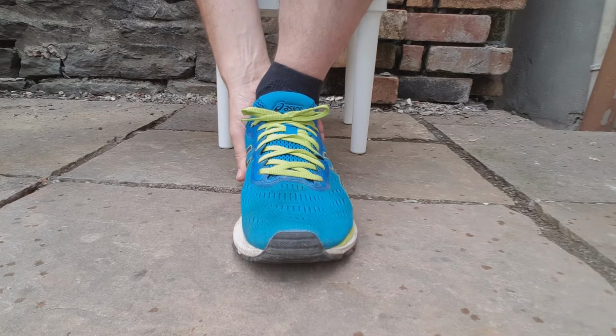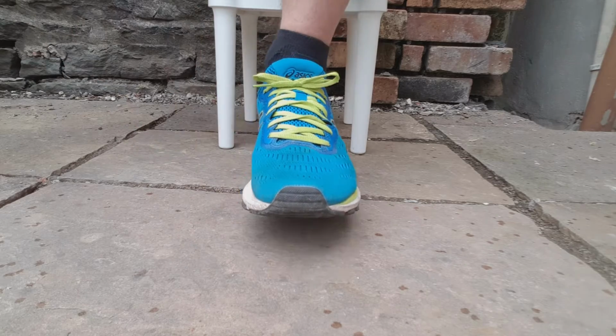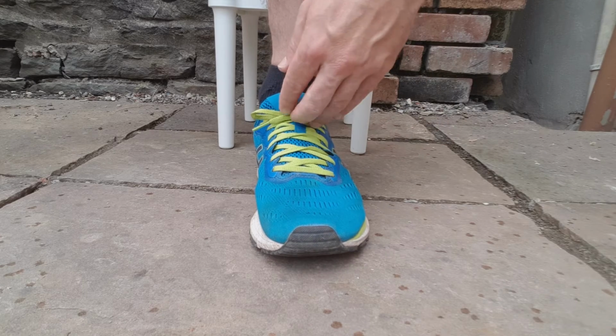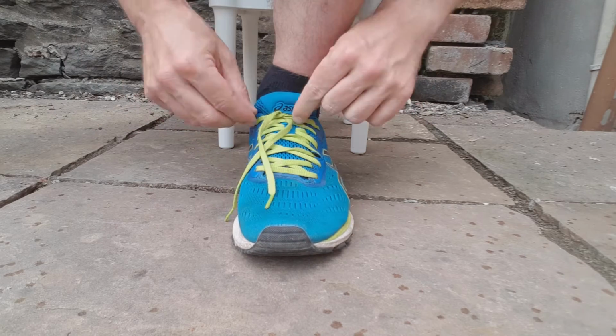So what we've got now is my ankle is held very tightly down into the back of the shoe. It's still comfortable, got no problem with that, and I've still got plenty of space around the toe area, so I know even when I'm hitting the floor repeatedly, I'm still keeping that space in there because my foot is being held back. And then to undo the lace, it's exactly the same in reverse, so just undo the knot